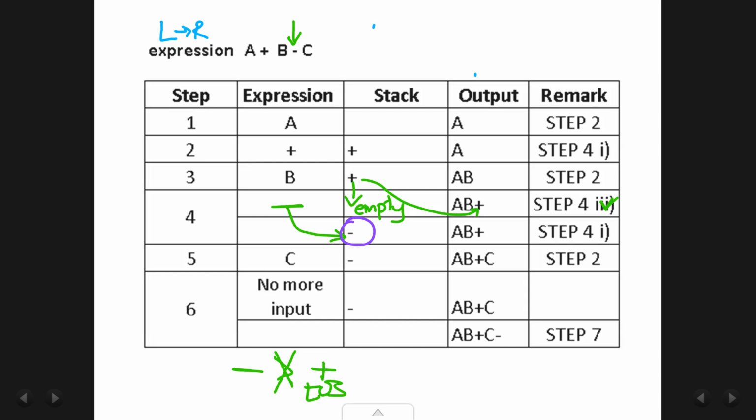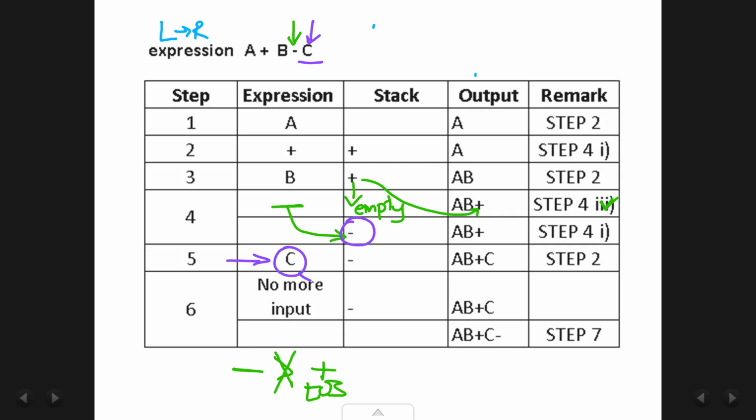Once we do that, we go to step 6. Step 6 says, if there is more input, go to step 1. So the input now that is remaining is C. So we read C now. When we read C, we see that we have to perform step 2 in the algorithm.